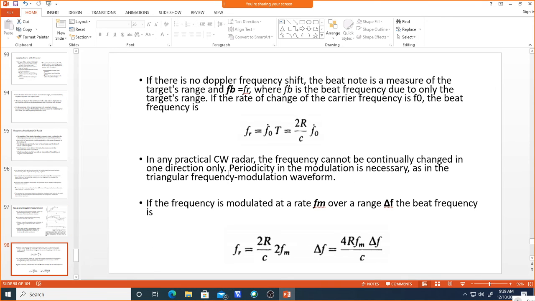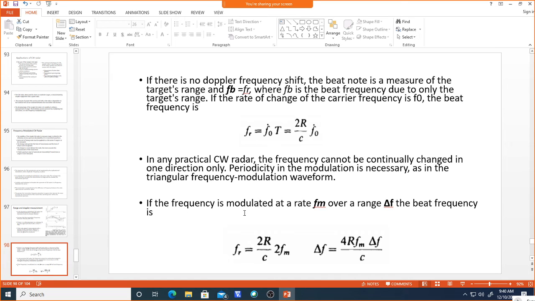That is the practical scenario, because generally in radar we assume that the target is in one particular direction. We transmit the signal from the antenna with a particular beam width, and within that beam width we are able to detect and get back the echo signal. But in practical scenarios it is not the case, because the direction of the moving target will be different, and we need to take care of the periodicity of modulation.